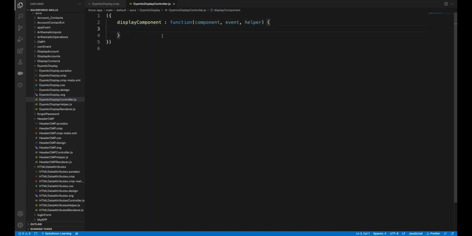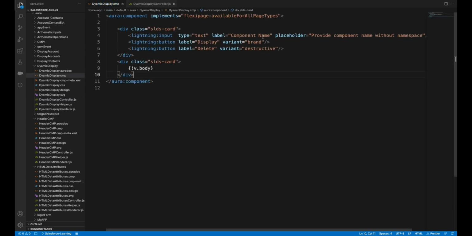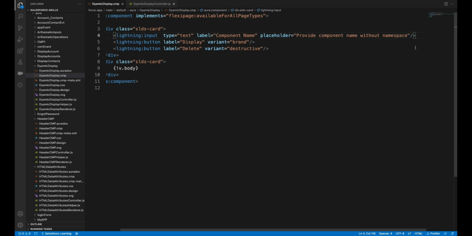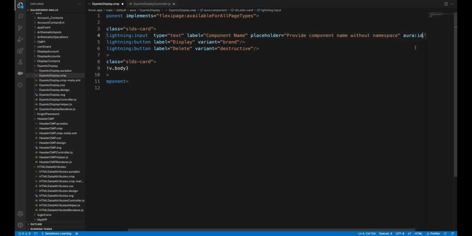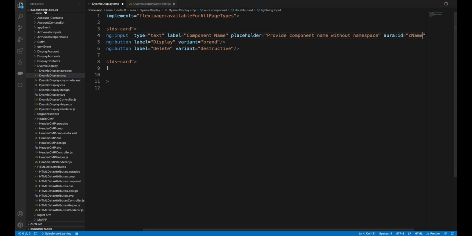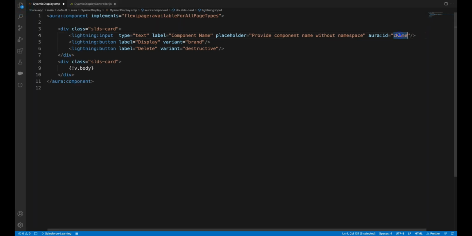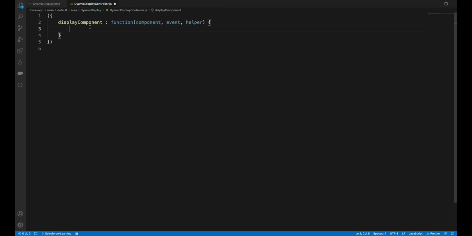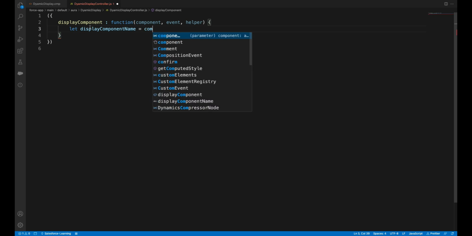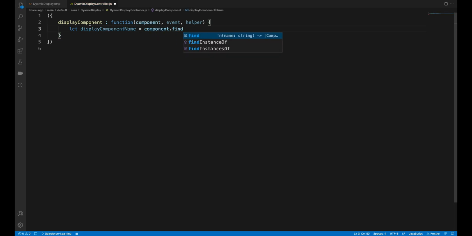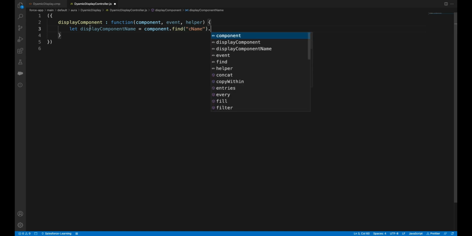So generally first I need to read a value. So how can I read a value? Based on ID I will read. So aura:id, C name. So I'm saying the component name as a C name, aura ID. Okay. Control C. Now I'll say let displayComponentName equal to component.find. You need to pass your ID because we need to get a value based on ID.get